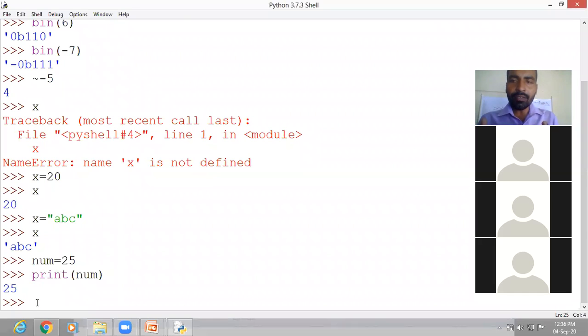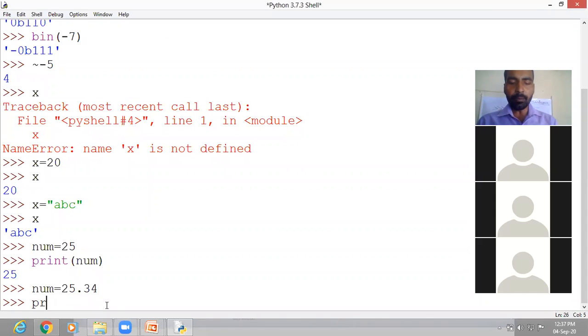Now if you change the value, like now I am going to type 25.34 or 24, whatever you want. So you can see num variable name is the same, here also num, here also num. But the value is going to change. And this is possible because of dynamic typing.